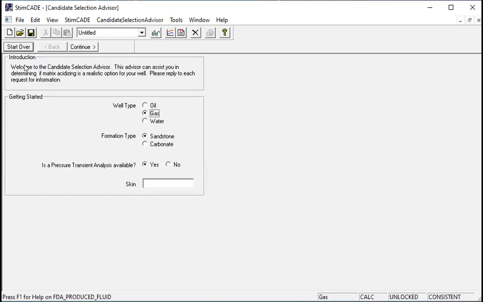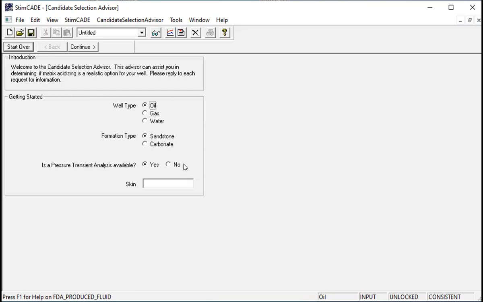The first thing there is the introduction. They say we have to get started. Your well type, we are going to take oil. You are going to choose the well type. The formation type could either be sandstone or carbonate. Is a pressure transient analysis